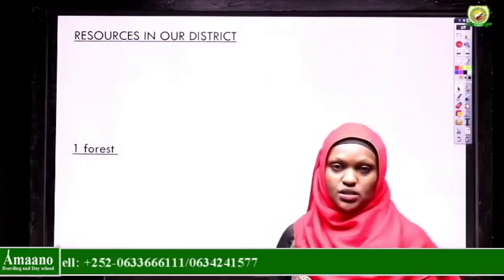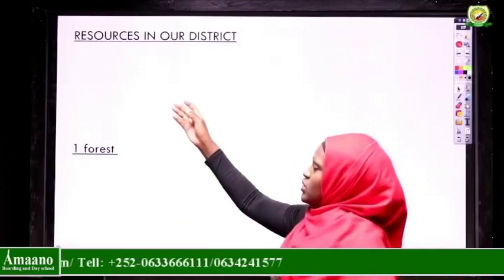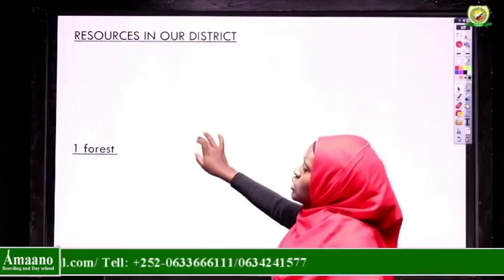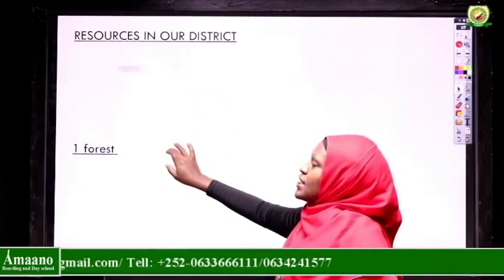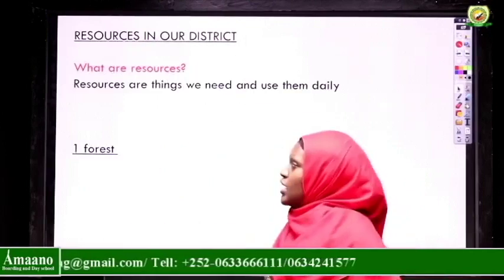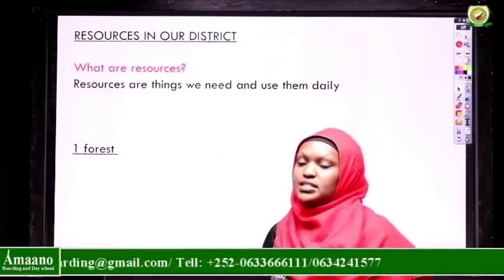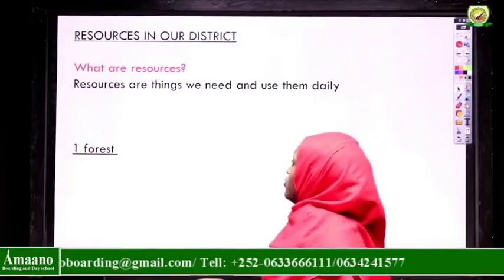First, what are resources? What are these things we're talking about, resources in our district? So we say resources are things we need and use every day. These are the things you use every day. For example,